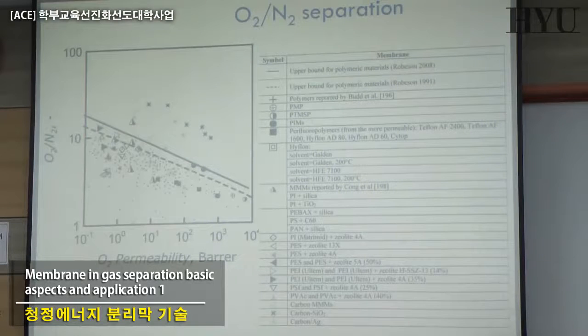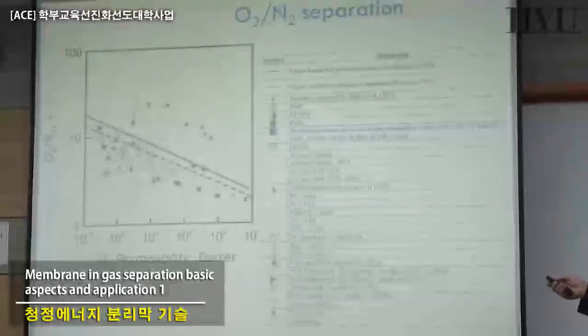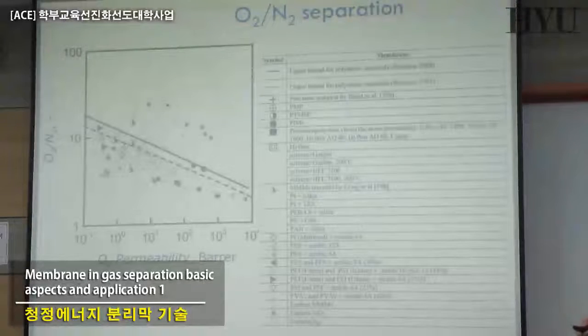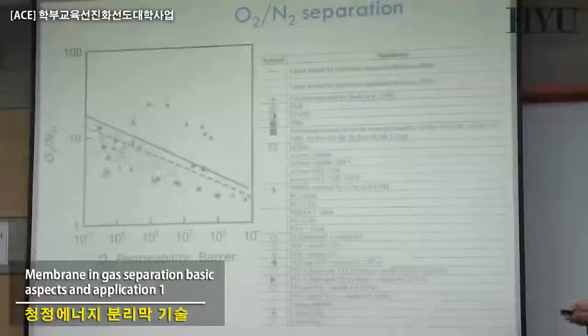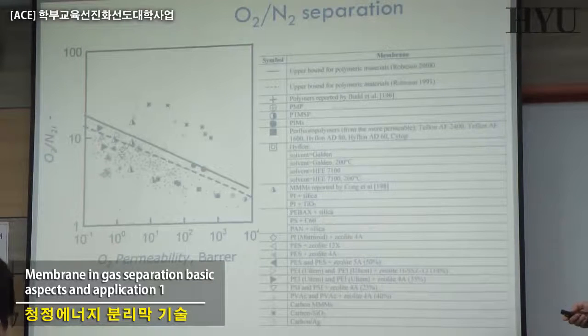So the engineering of the system is a little bit more complicated than the engineering of the system related to the cryogenic or to the PSA, the traditional other technology. In membranes there is still a little bit to go and it is a little bit more complicated. But in principle, for the separation of oxygen-nitrogen, particularly if nitrogen is the product of interest, it is a dominant technology. Here you have a lot of membranes that have been studied,